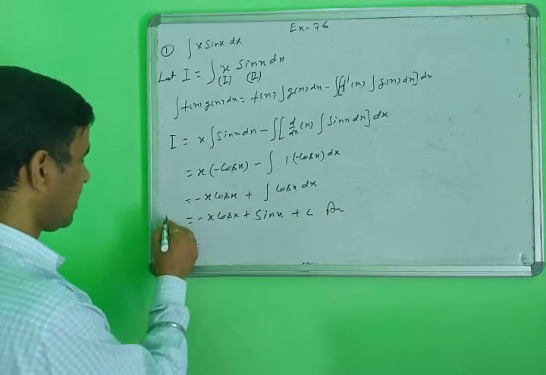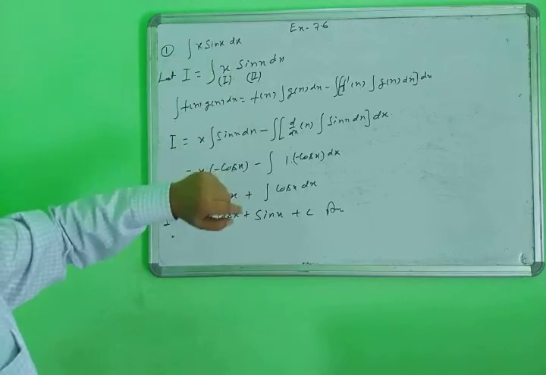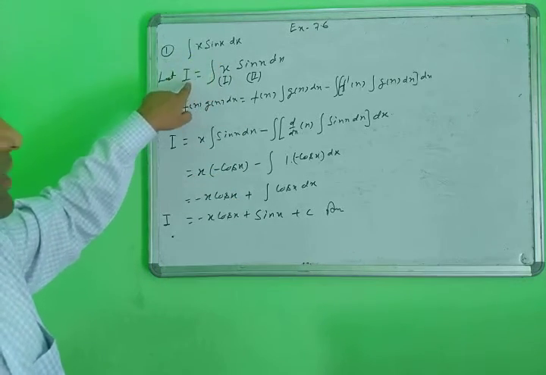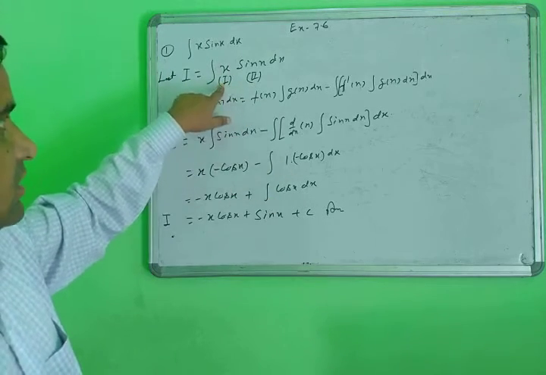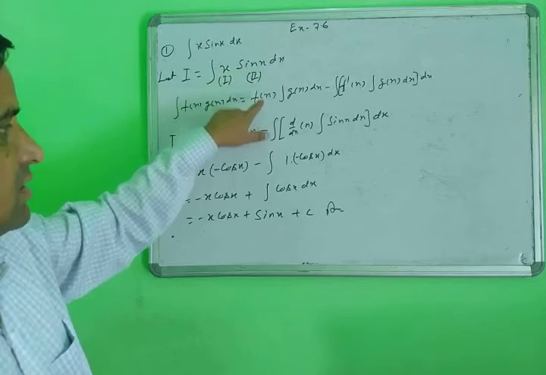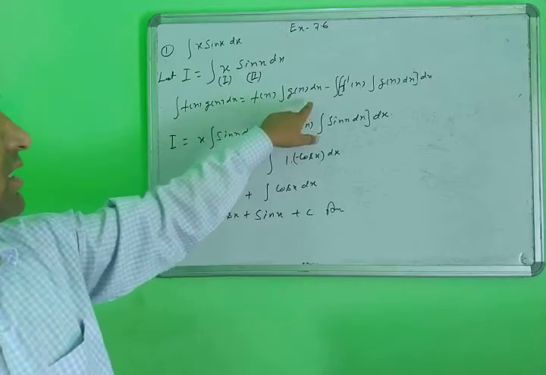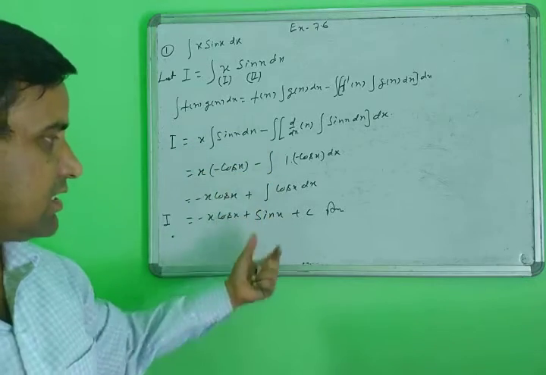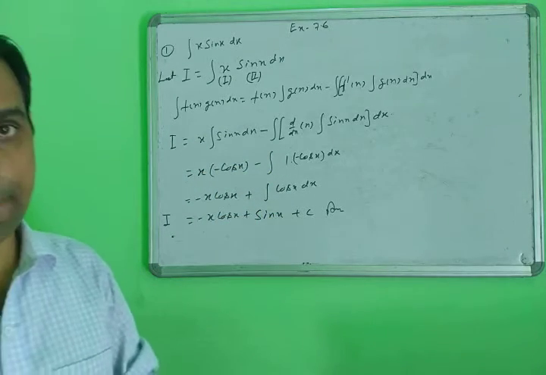This is the integral I for the two functions here. So when you have two functions, you take the integral I equal to this: the first function and the second function, applying the rule of integration by parts, then integrate and you find the answer. Yes, note it down. Then the next question.